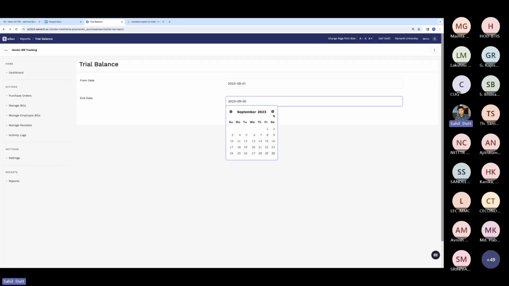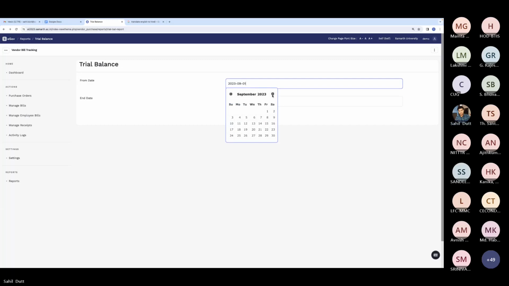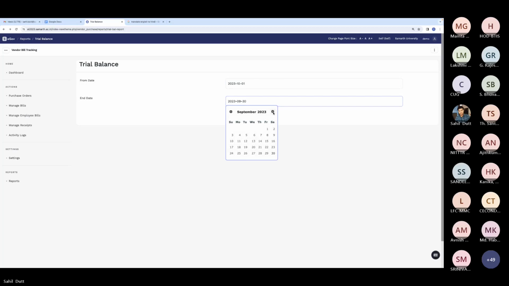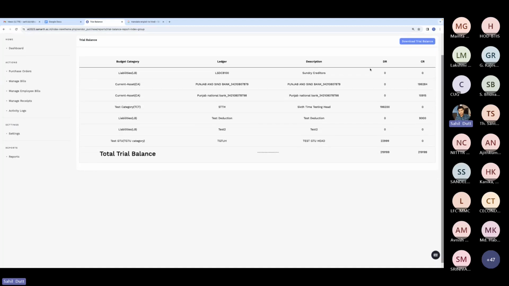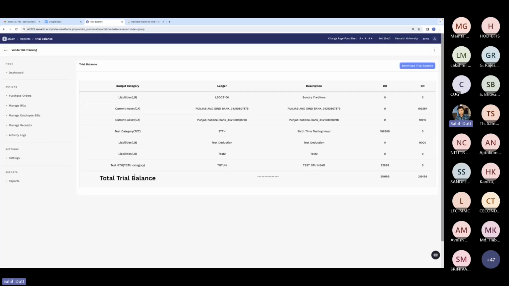Just a minute, I have just selected the... So this way we will be able to see the trial balance, and you can see the debit side is equal to the credit side. That means our trial balance is okay, and according to the compliances defined by the accounting procedures. So this way we will be able to manage the accounting within the system, and apart from it, we